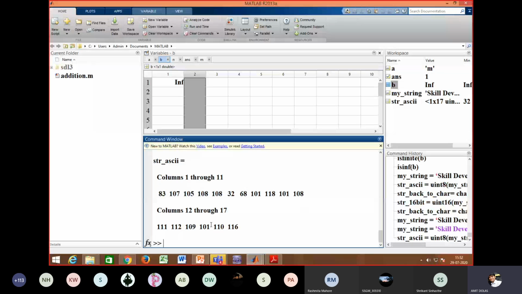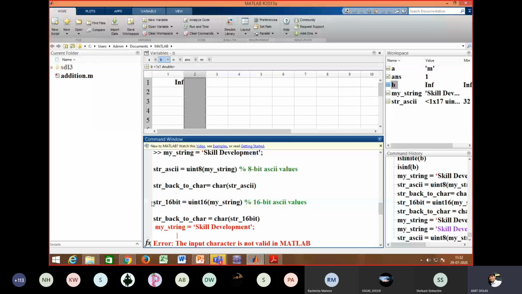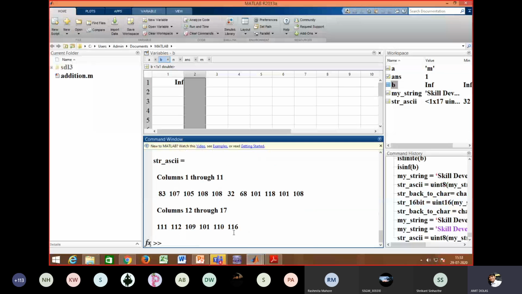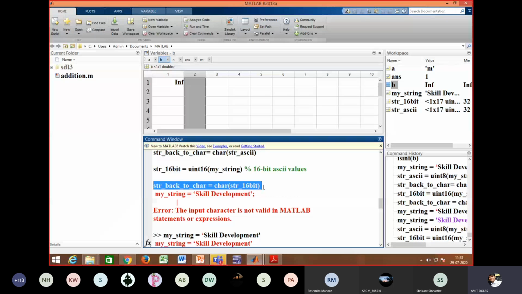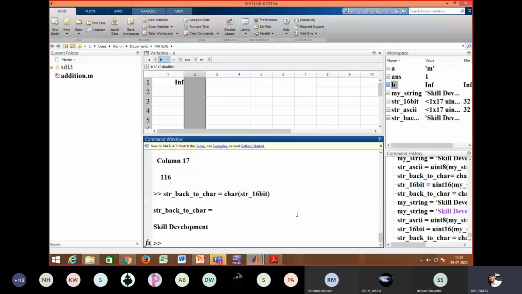So here it is converted into the ASCII code, and later on this my string is converted into 16 unsigned integer. So these are the conversion commands, nothing else, we already did that. So it is converted into 16 unsigned integer, and again back to the character. Here it will again convert it back to the character, that is skill development.